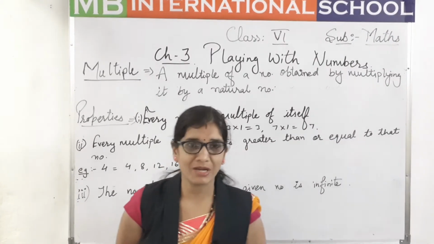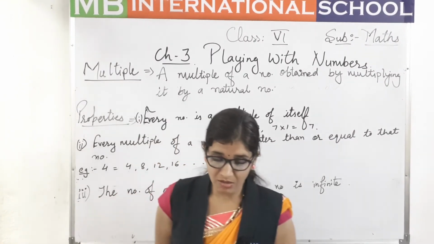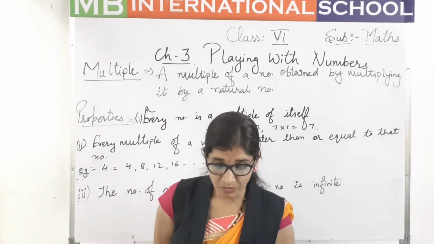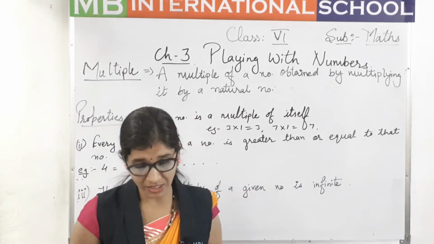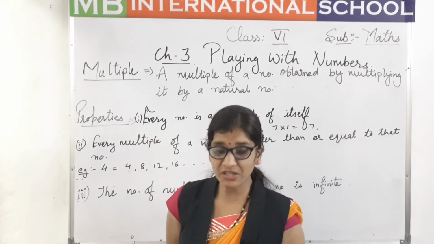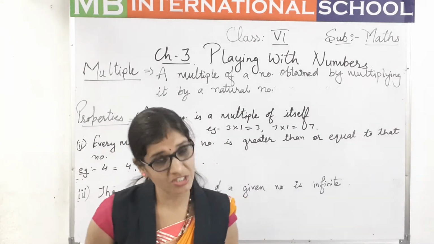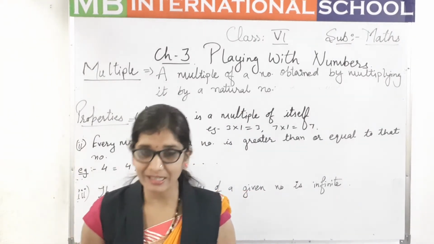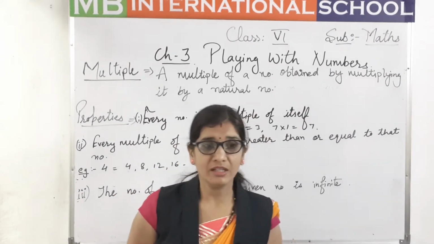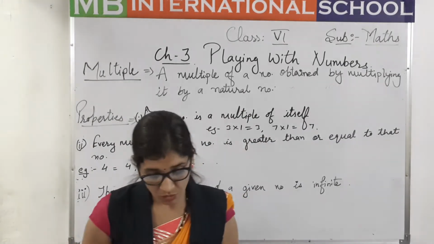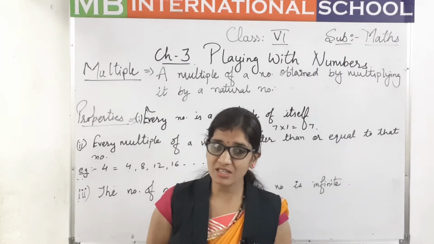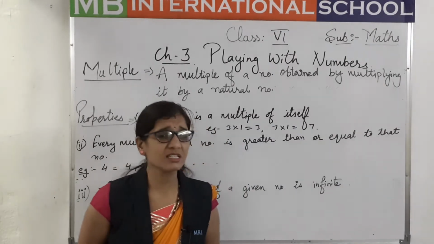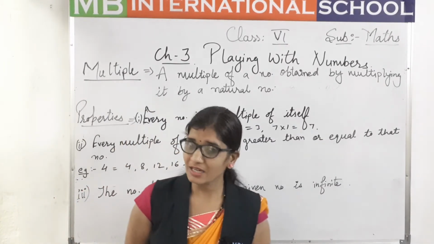Next is prime triplet. The word also suggests that it is a set of 3 numbers, a set of 3 consecutive prime numbers differing by 2. It means the difference must also be 2. So only one such set exists for prime triplet, that is 3, 5 and 7 in the number system. Now children, we have studied the types of natural numbers. I have explained it because we have already studied this set of numbers in our earlier classes also.